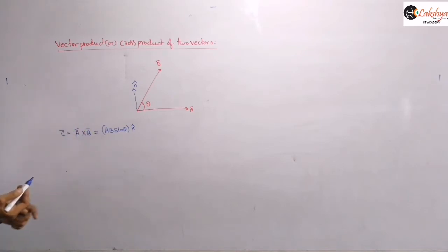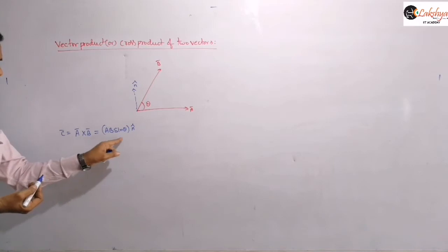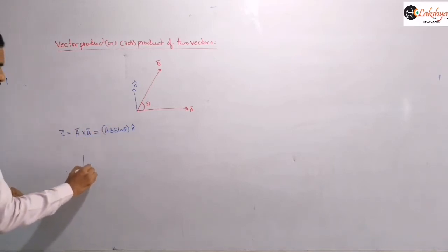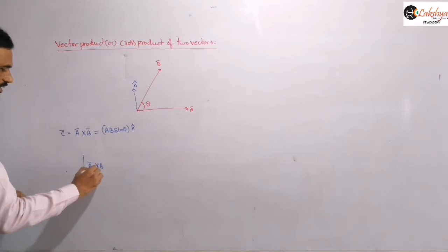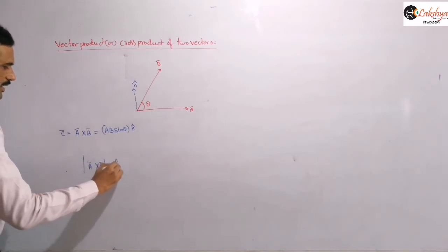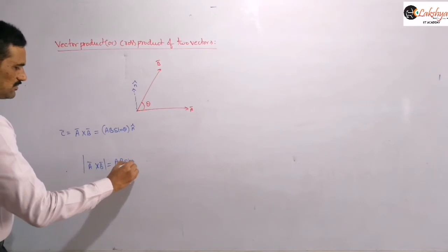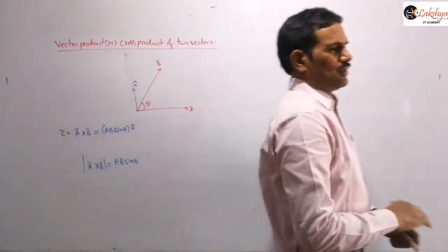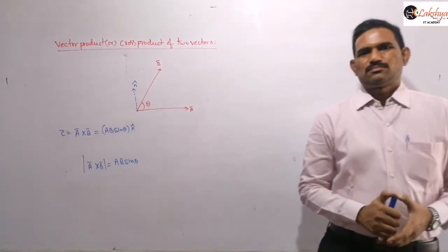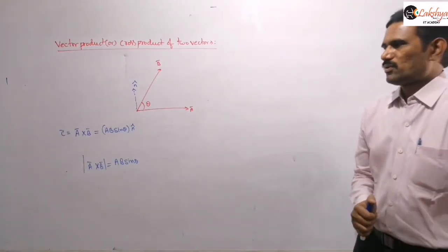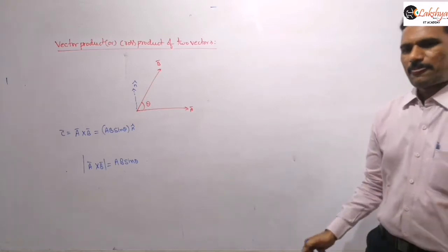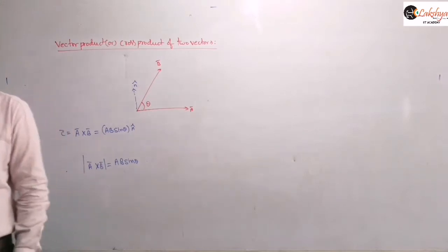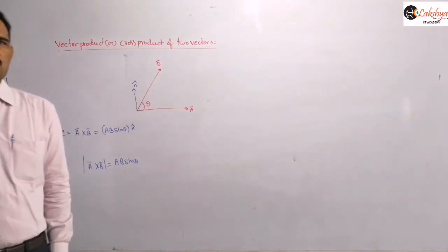That C bar will be equal to the magnitude of the product of these two vectors and the sine of the angle between them. So that is the mod of A bar cross B bar. You can write this as AB sine theta. That is the magnitude of that vector. So write that the cross product of two vectors gives another vector